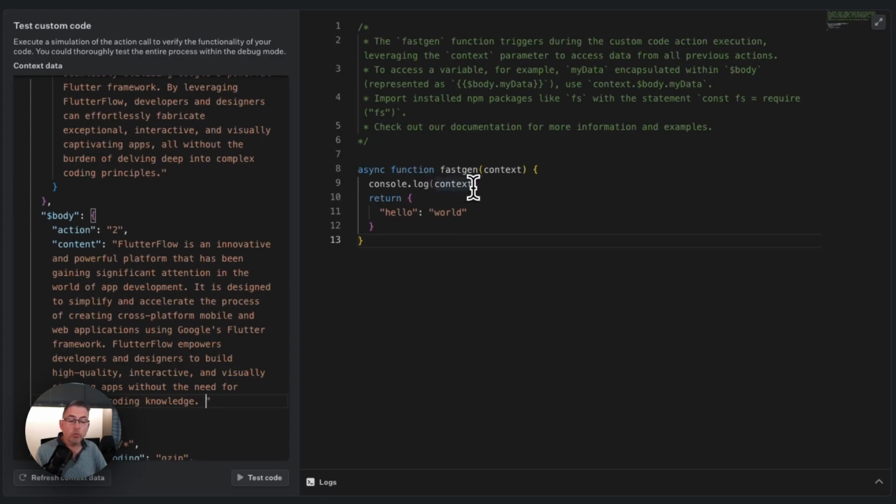So what we're going to do is we are now going to make a decision. We're going to say, is the action that was passed in a 1, a 2, or a 3? Now, of course, if it's a 1, we're going to do some bullet points. If it's a 2, then we're actually going to improve the content. Or if it's 3, we're going to do the hashtags. And what we can do is customize the output from this step and this step only, and